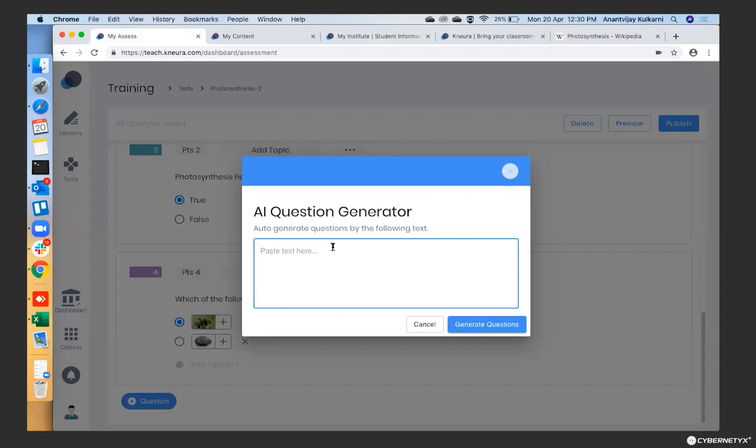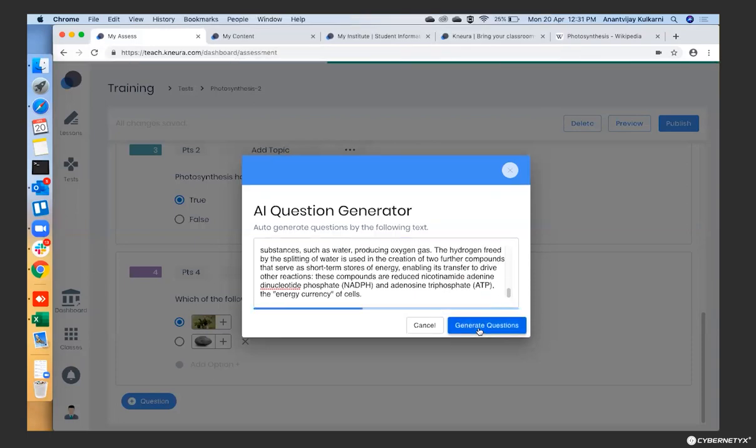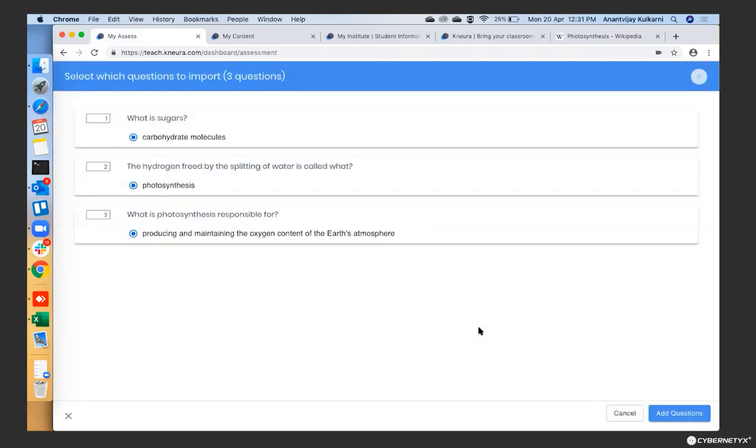It doesn't have to come from Wiki. It could have come from our own content, because I would have to go back to the lesson and copy it. I just copied it from outside to show it to you quickly, and posted that entire paragraph here and asked my AI to do the question generation. What it does is it contacts our AI engine, and this automatically generates questions for me. So these are the questions that I have generated now.